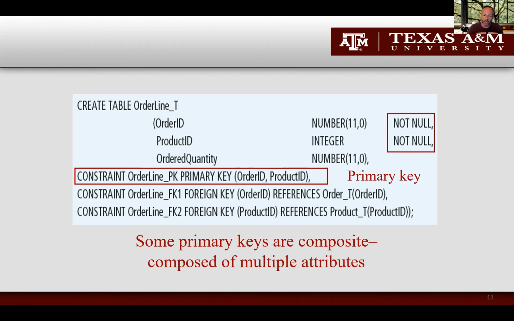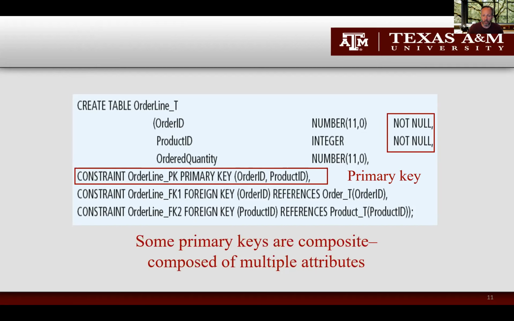So the way you create a composite primary key is you type the constraint, you type the name of the constraint, and it's usually the name of the table underscore PK. That's very common notation. You're creating a primary key, and then in parentheses, the various attributes that make up the